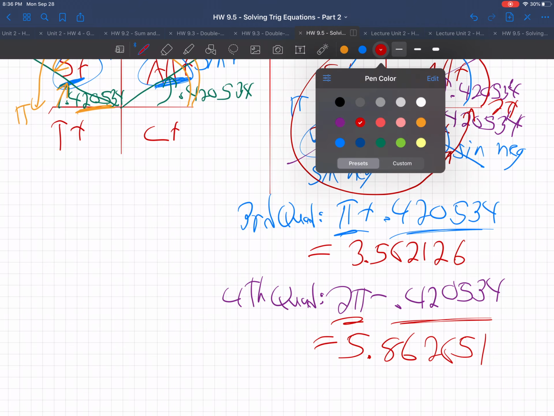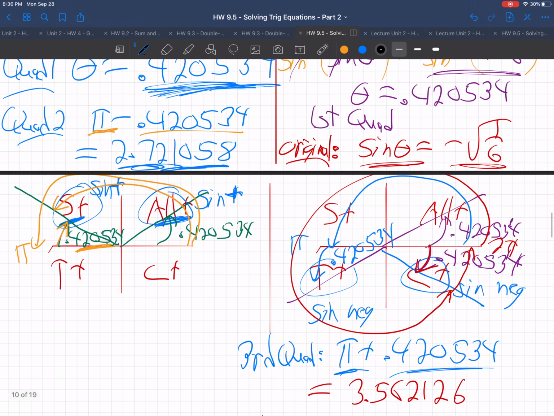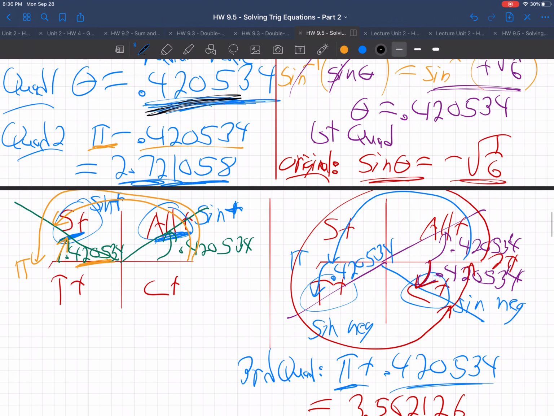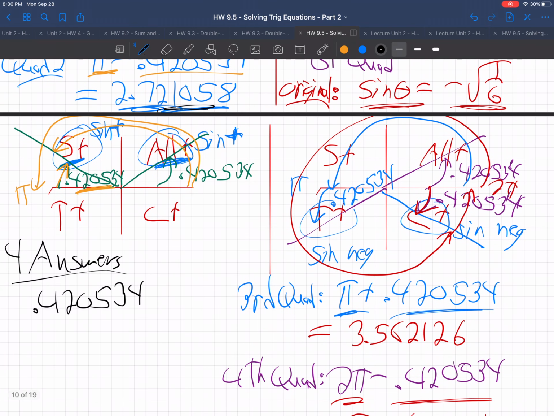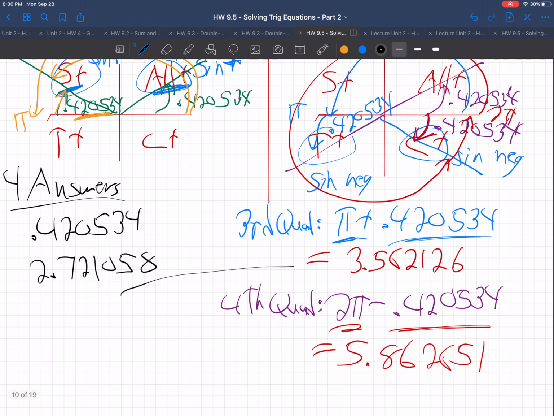So what are our 4 answers? We had 2 answers here, so this guy and this guy. So there's 4 answers. What are they? The 0.420534, right, that we got originally, and the 2.721058. So that's the 2 we got here. And then that one and that one. 4 answers all together. There we go. Difficult question, probably the hardest section in